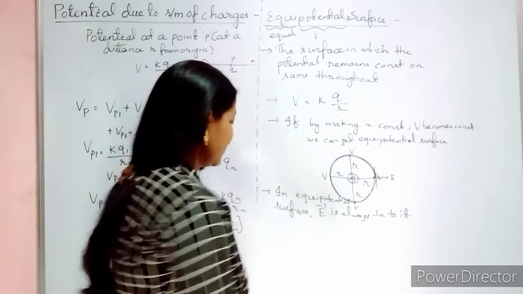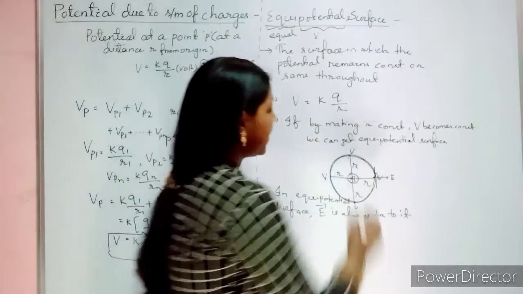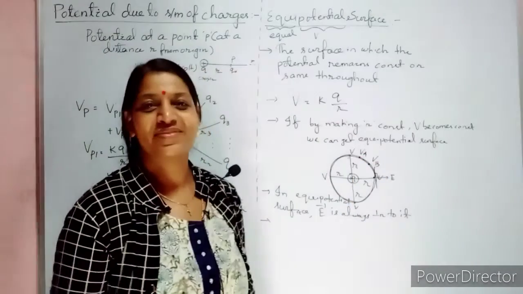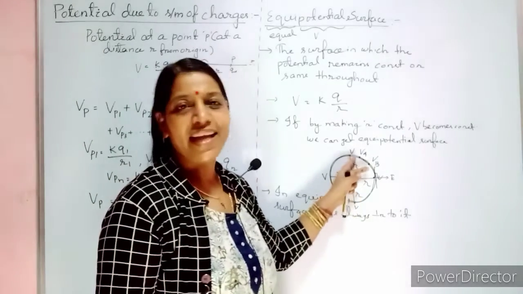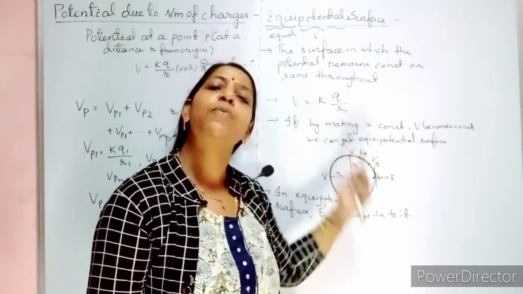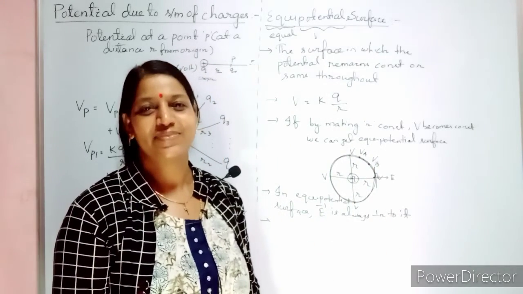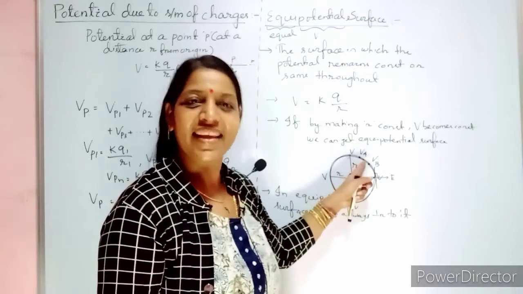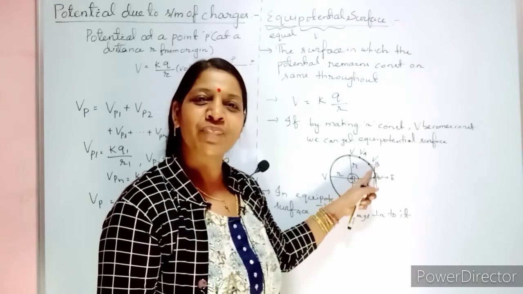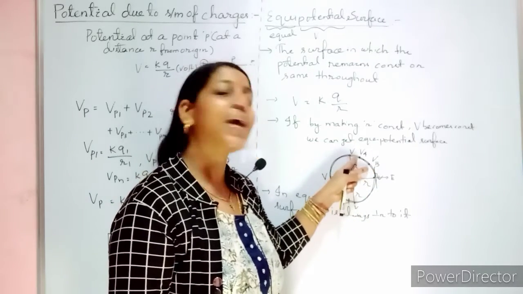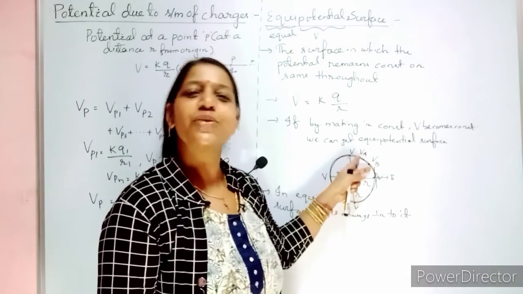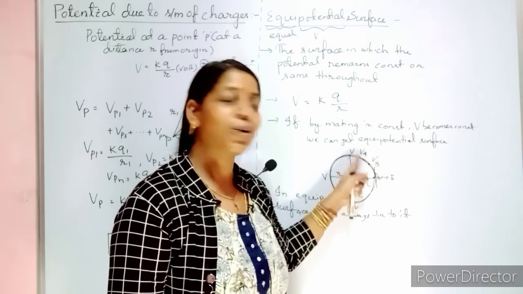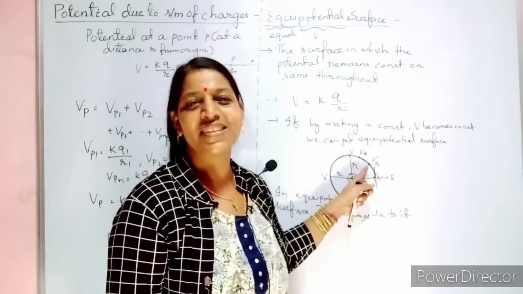Clear? Third thing about its property. Now suppose you are taking one point here. Let it be VA, let it be VB. Then if anybody asks, what is the potential difference between 2 points on an equipotential surface? What will be your answer? It will be 0. Why? Because what is the potential at A? The same is the potential at point B. So the potential drop at AB is nothing but the difference in potential, VA minus VB or VB minus VA. For example, here you find a potential of 5 volt, and here also 5 volt. So 5 minus 5 is 0.